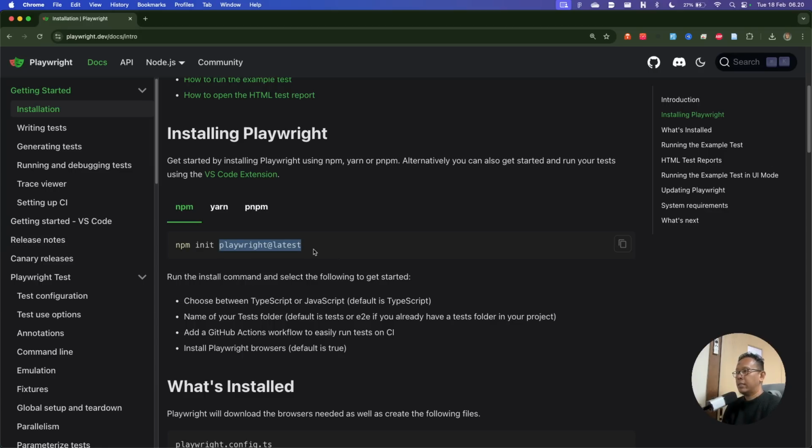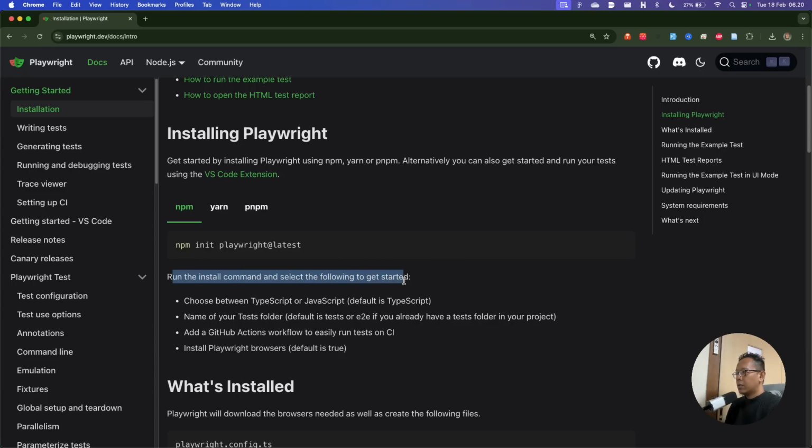Always the latest version. So be careful when working with this. I hope that Playwright doesn't do some breaking change and you use the latest and then your previous code is not working. But I think this is the best practice from them, so let's just use it.